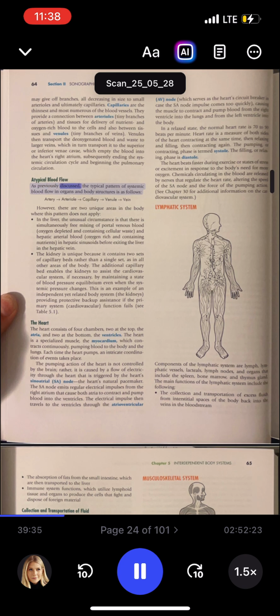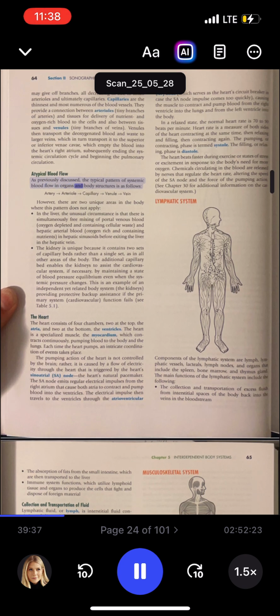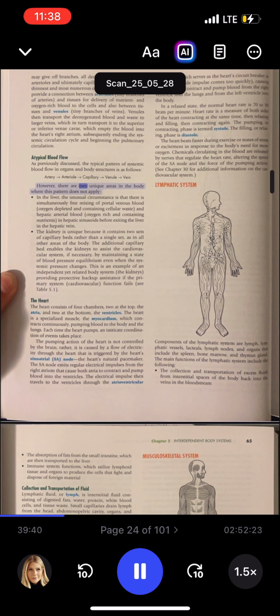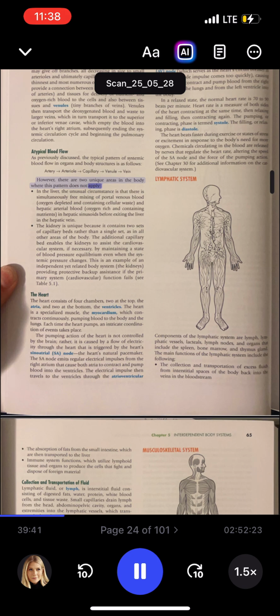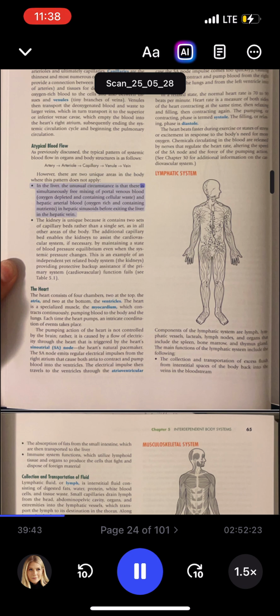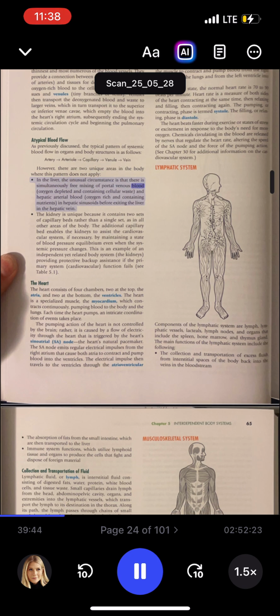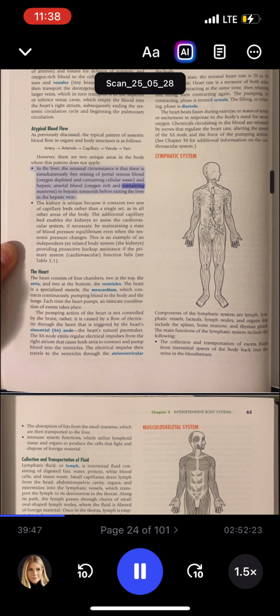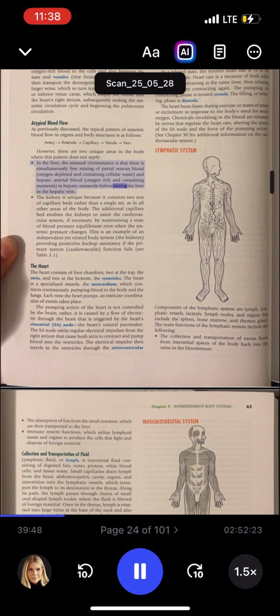As previously discussed, the typical pattern of systemic blood flow in organs and body structures is as follows: artery, arteriole, capillary, venule, vein. However, there are 2 unique areas in the body where this pattern does not apply. In the liver, the unusual circumstance is that there is simultaneously free mixing of portal venous blood, oxygen-depleted and containing cellular waste, and hepatic arterial blood, oxygen-rich and containing nutrients, in hepatic sinusoids before exiting the liver in the hepatic